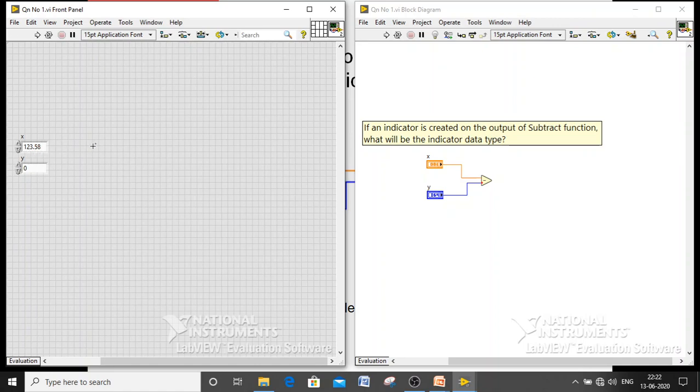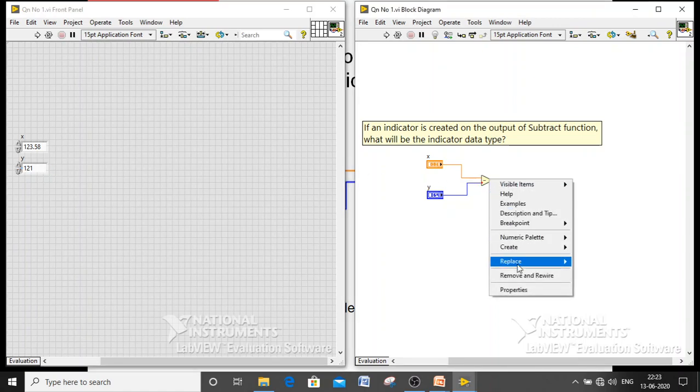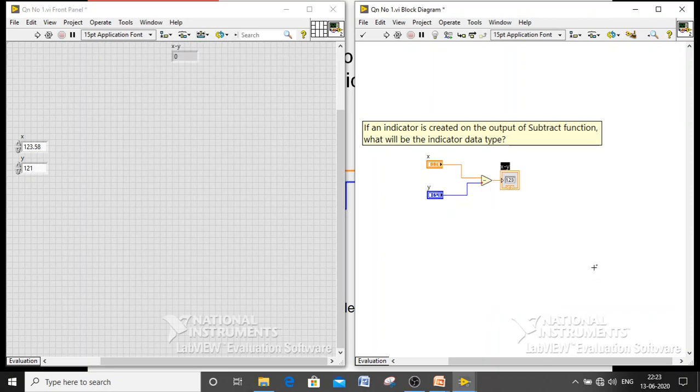If I type 123.5658, that will be accepted. But in the case of I64, if I type any fraction value, I can type it, but after I hit enter, I do not keep that value. Even though both are 64 bit, I64 never contains the fraction value. They are integers. That's the reason the default indicator is always dbl in this case.